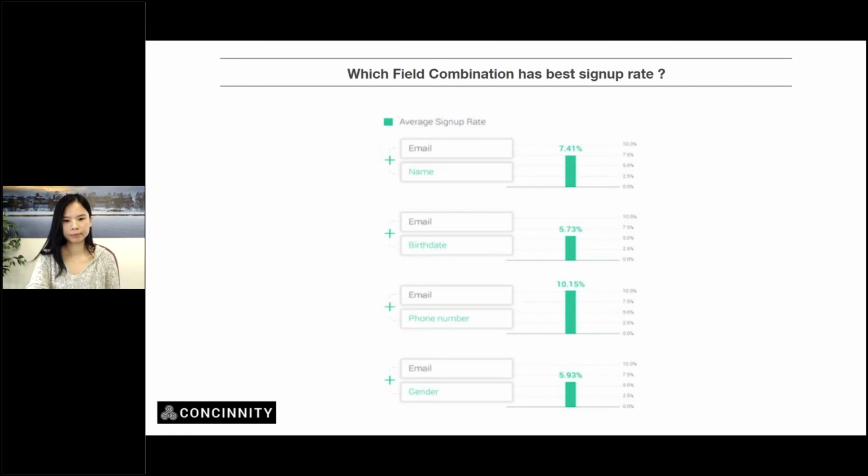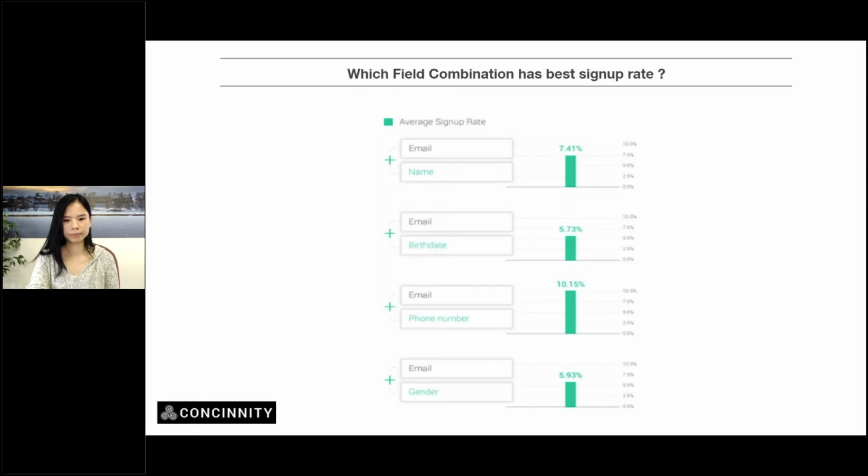But what's the third field? Well, the third field is name. Name, email, and phone number. This combination works like magic 9 out of 10 times. And as I said, you'll be surprised the number of people that actually give their phone numbers. Most of the time, companies don't add that, saying, oh, it's too personal, people may not give that. Just give it a shot. You'll be ready to be surprised.